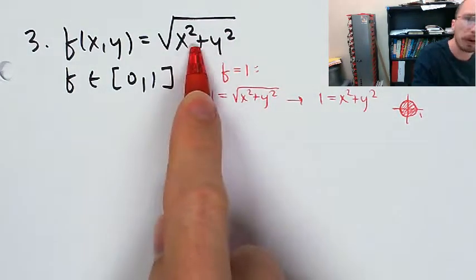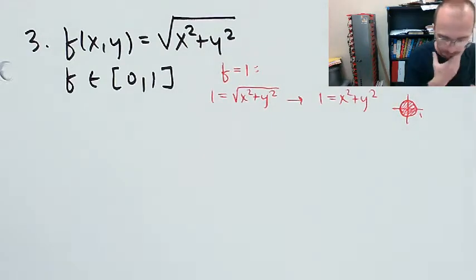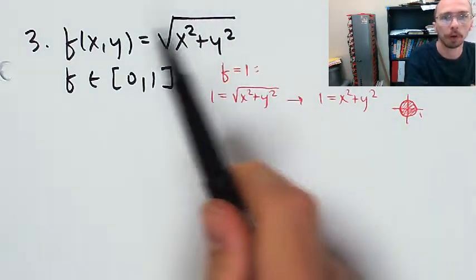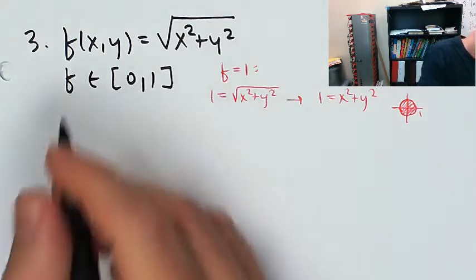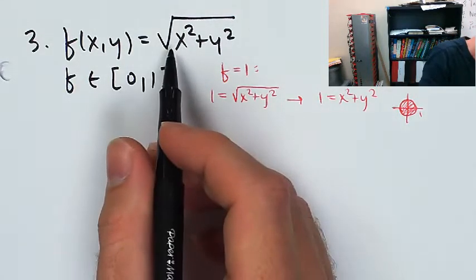So I'm going to need to use polar. But that's probably not a surprise because of that. And that will actually be really helpful because that's the square root of r squared. Yeah, I like where this is going. All right. So I'm going to say the surface area, I'm going to have to,